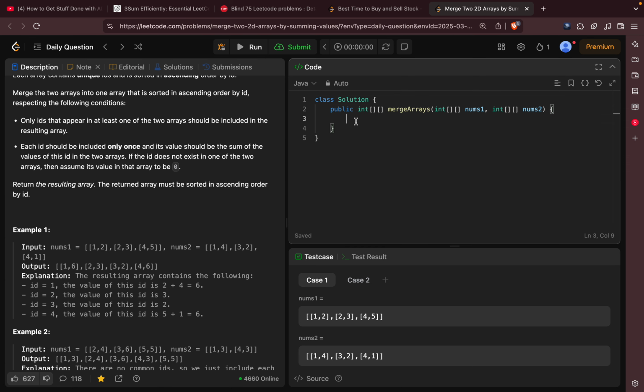So the thing is, we need to return an array of integer data type. Now, let's define the resultant array. Int result,